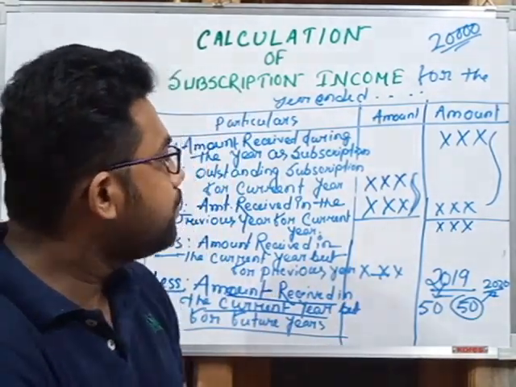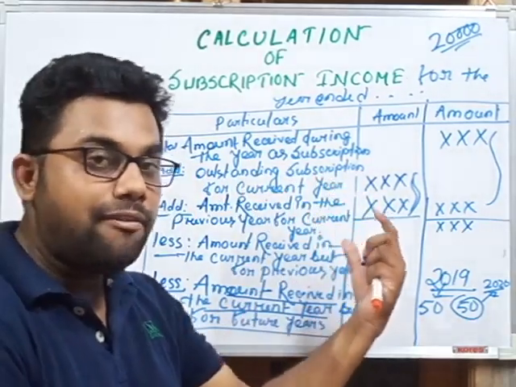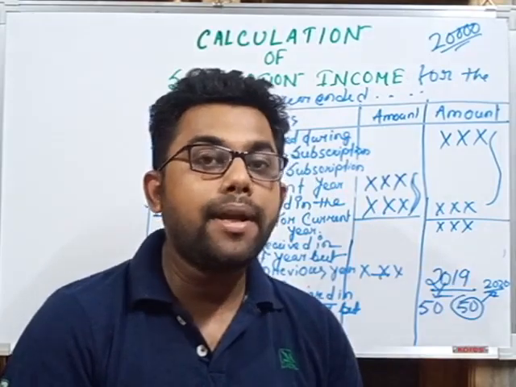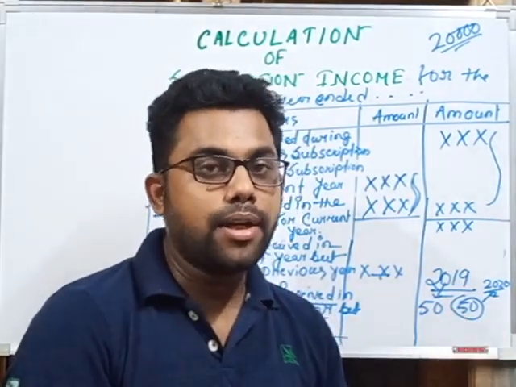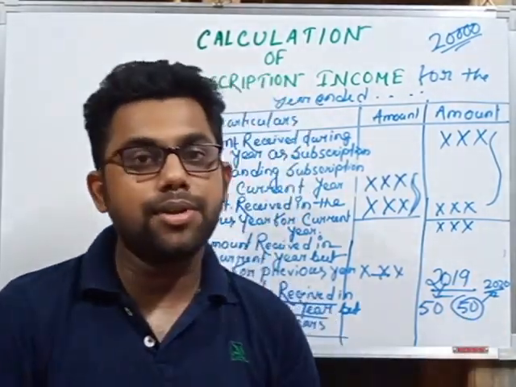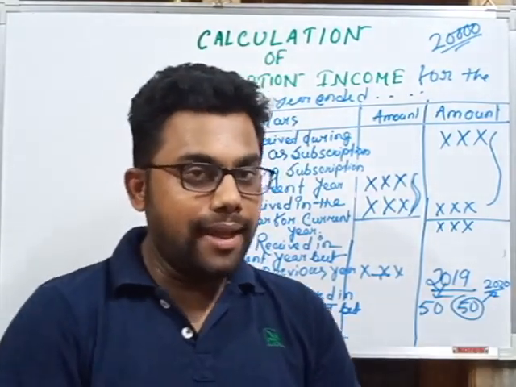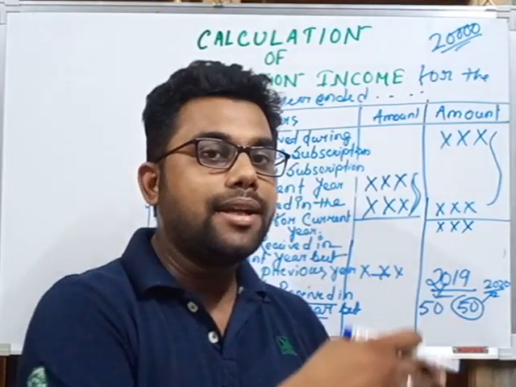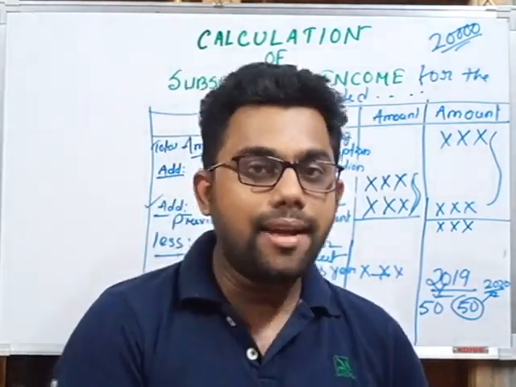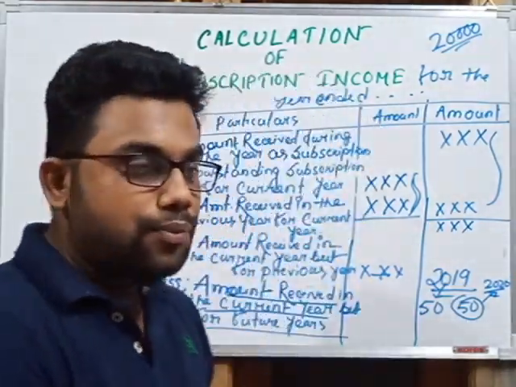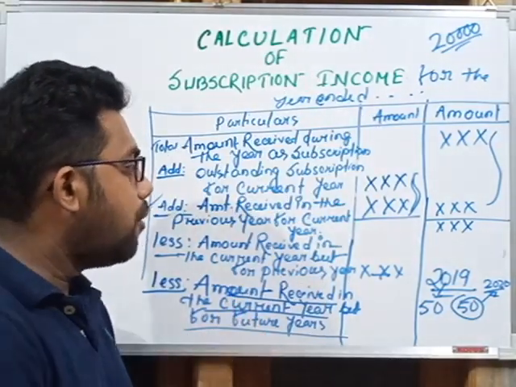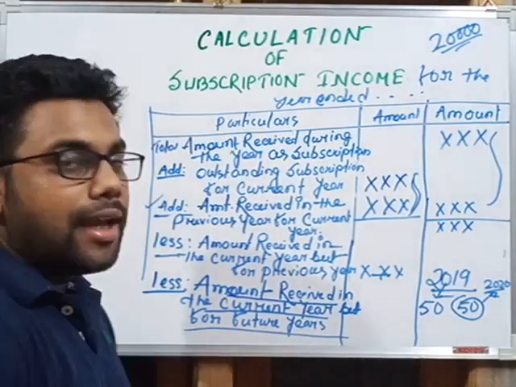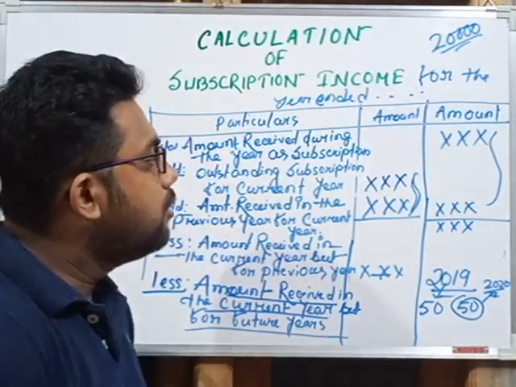And we can say that we find what is the actual amount that will be credited to the income and expenditure account as subscription income. While preparing the income and expenditure account, subscription is income, so we will record this item on the credit side, because the credit side is the income side. So note this format in your copy. That is the calculation of subscription income during an accounting year for a non-trading organization.